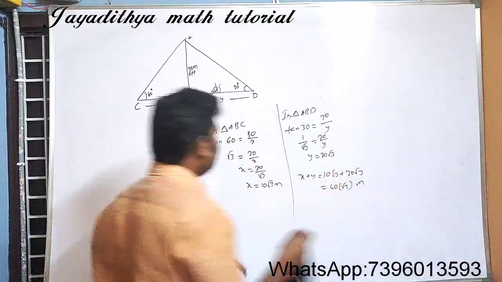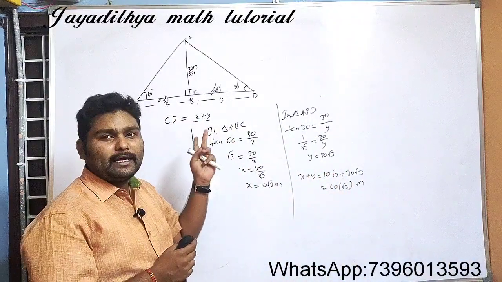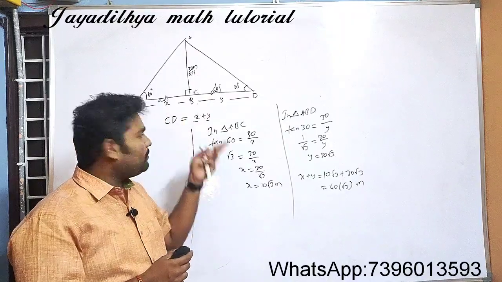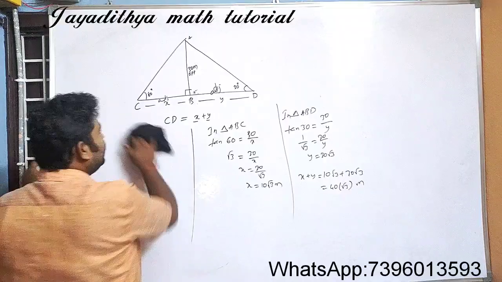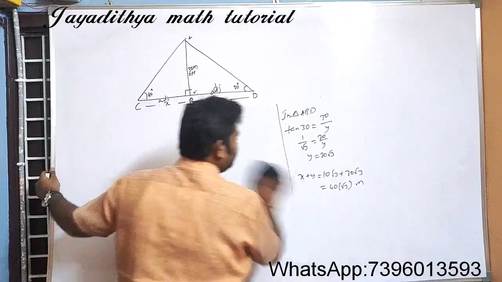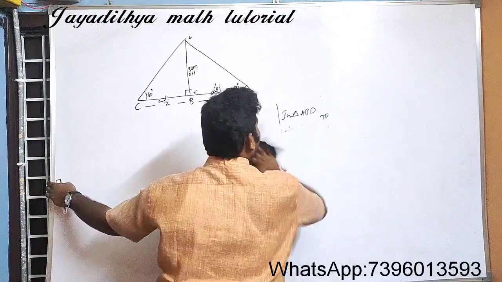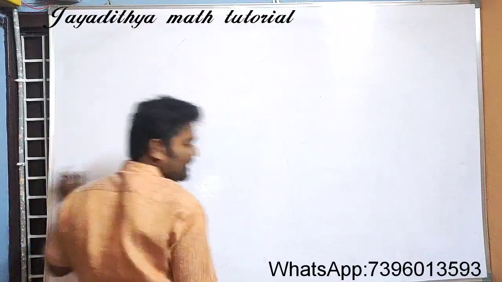I hope you have understood this problem. Each and every problem will be in this manner only. You will definitely have 2 triangles, and for the 2 triangles you need to apply trigonometric ratios and find the solutions according to the problem. So read the question thoroughly and draw the figure accurately. That is the only thing you need to do in applications of trigonometry. Clear? Right, now let us go to the other problem.